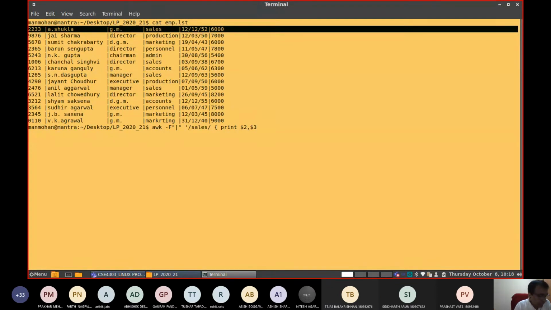Then write $4, department, and their salary, the last column, that is $6, if you want to select these fields only, not other details. I left out $1, their employee ID, and their department also, because department is anyway the selection criteria. There is no point in selecting it.